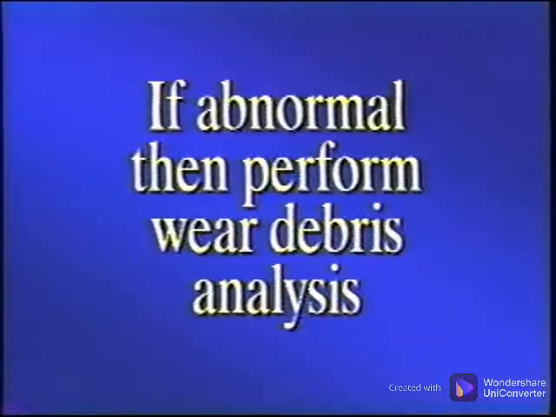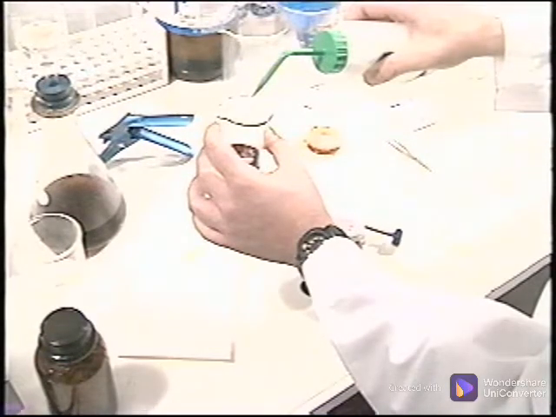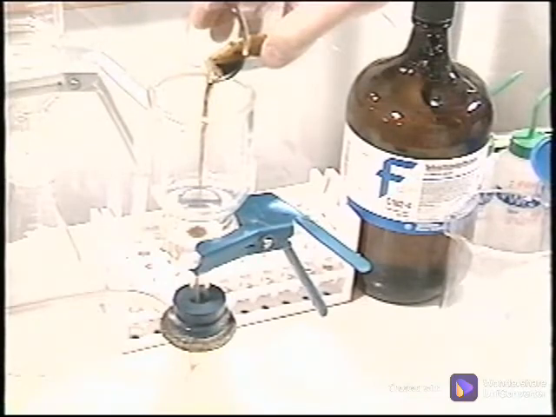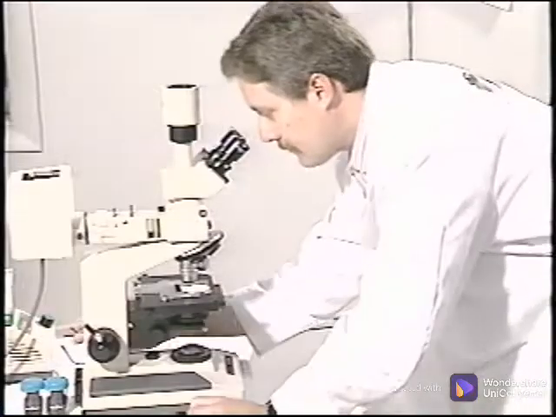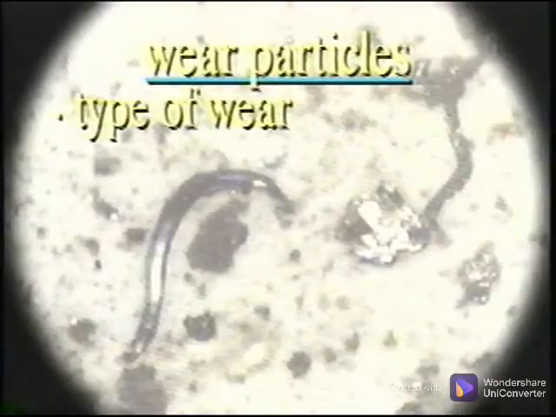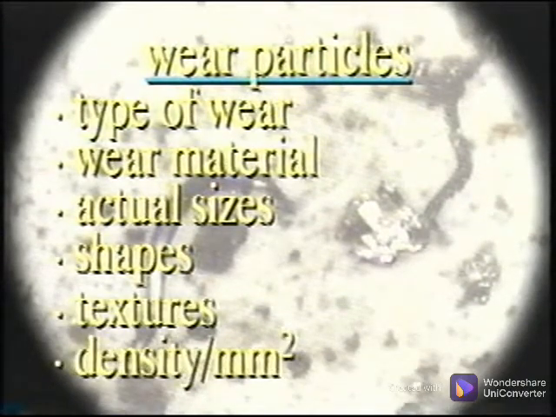Because the spectrometric oil analysis does not address particles over 10 microns in size, when any of these wear metals are detected in abnormal amounts, the sample is tested on the ferrous wear analyzer, and then a full wear debris analysis is performed. The wear debris analysis workstation separates iron from other particles in the fluid by using a vibrating magnet separator, and the non-ferrous particles can be poured off and analyzed apart from the ferrous particles using a microscope. The particles are classified by the type of wear material, the actual sizes, shapes, textures, and the average density per